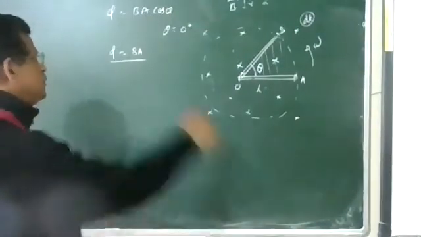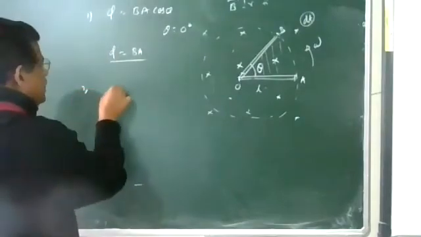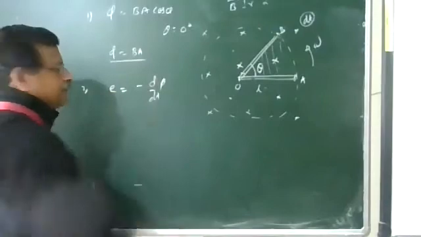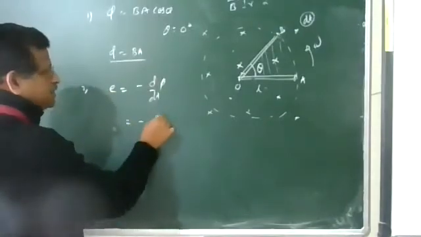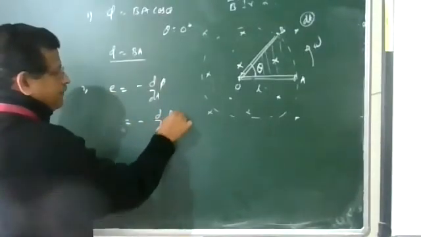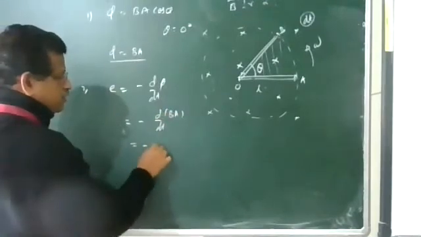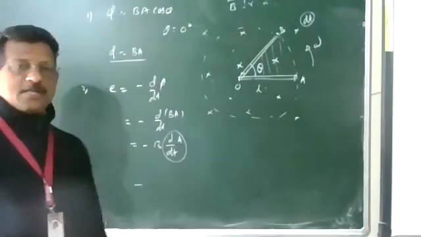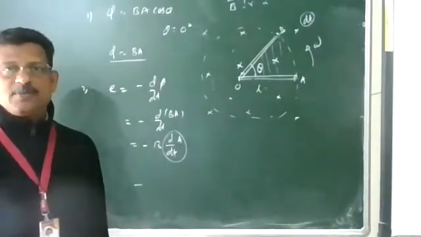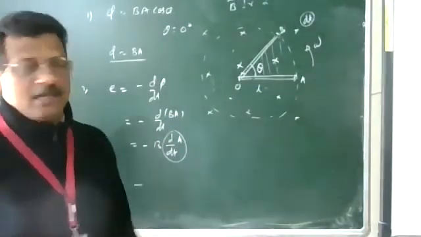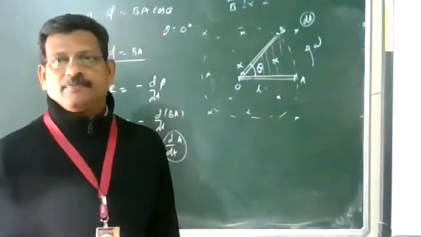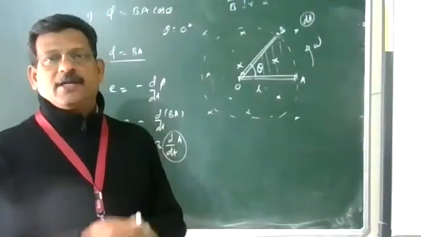So we have to find out the EMF. EMF is induced because there is a rate of change of flux. That is minus d by dt of BA. B is a constant and can be taken outside, so d by dt of A. There is a rate of change of area through which the flux passes. We have to find out the area of the sector OAB, which undergoes an angle theta.